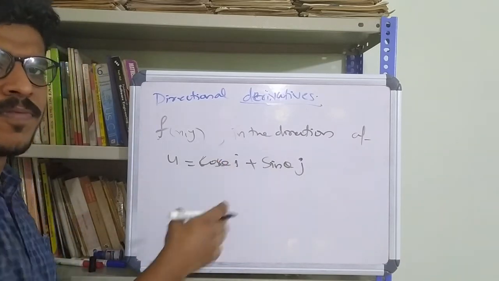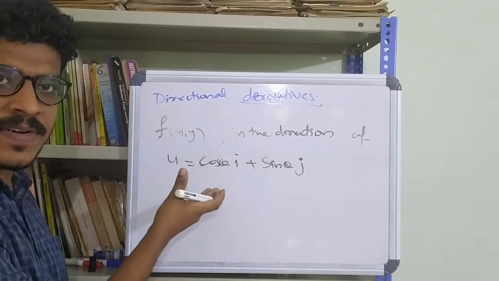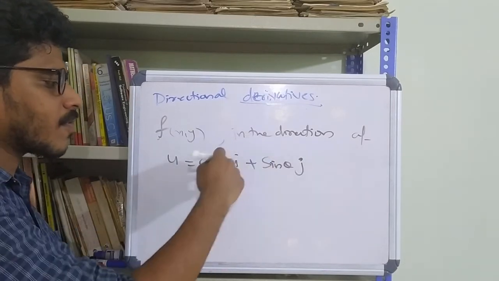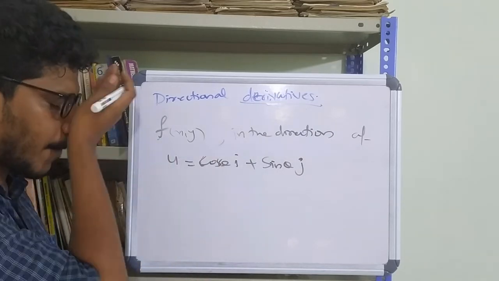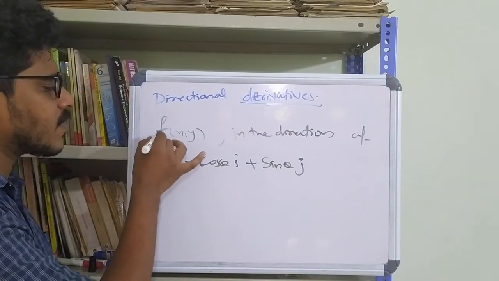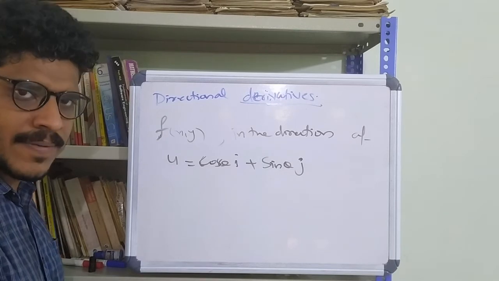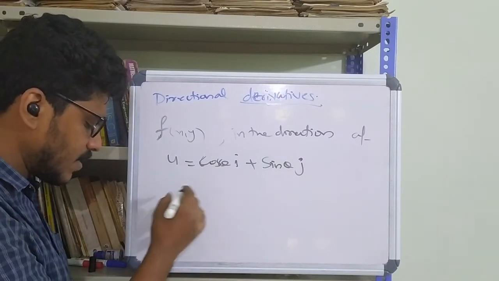This is a conventional form of unit vectors, right? Will this be a unit vector? What about the modulus? It will be root of cos square theta plus sin square theta, which is root of 1, which is 1. Right. So the directional derivative of f of x, y in the direction of u equal to cos theta i plus sin theta j is given as a limit